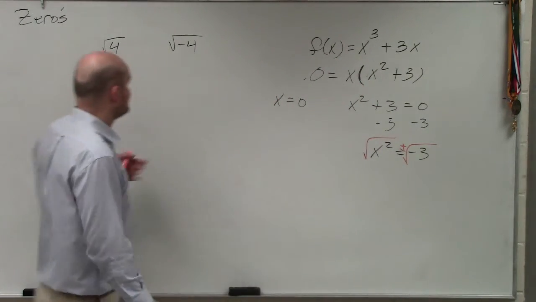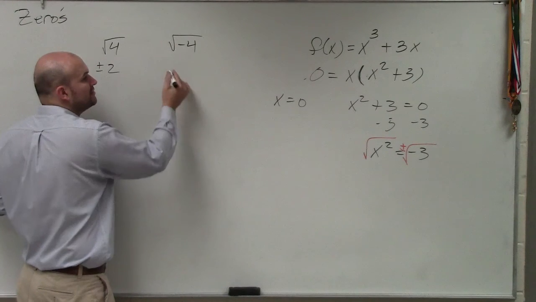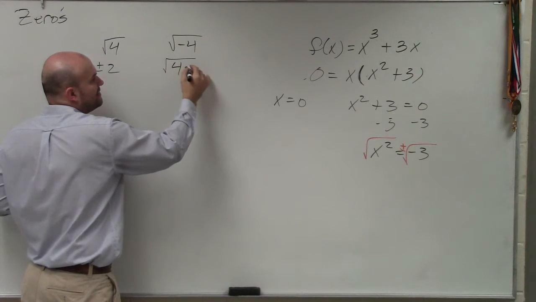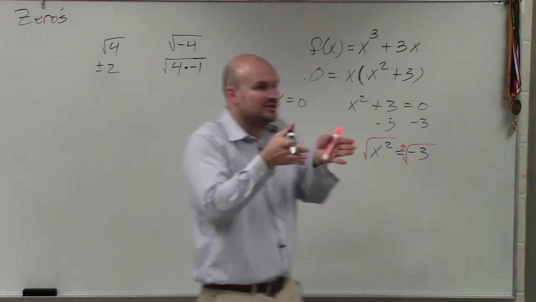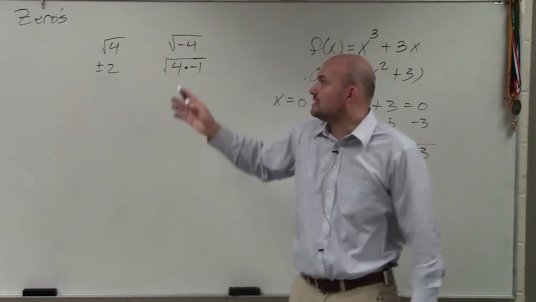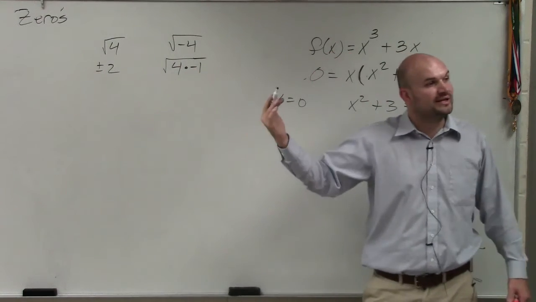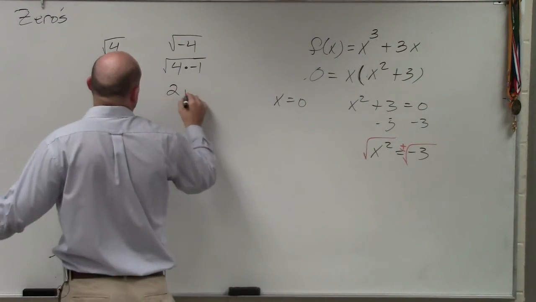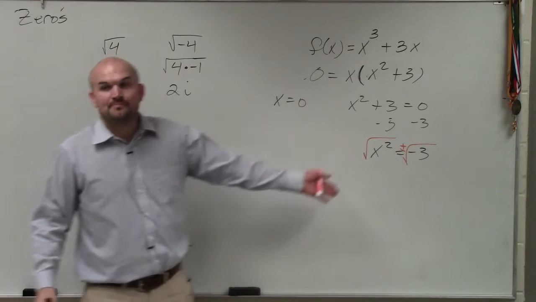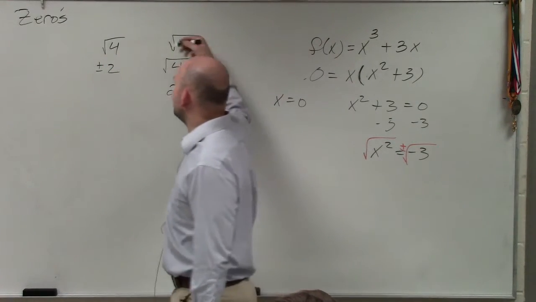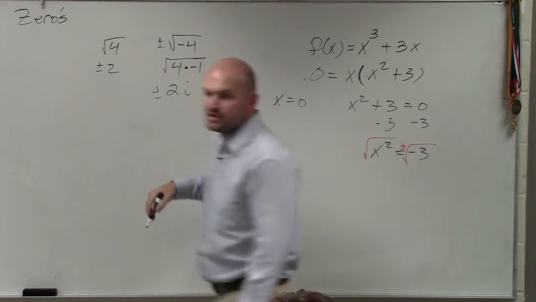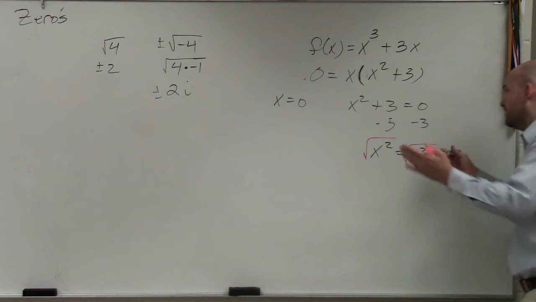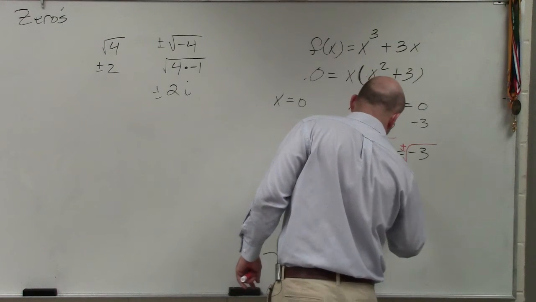So whenever you're taking the square root of a negative, we introduce our imaginary number system. We're going to break this up into the positive real and factor out the -1. In the imaginary unit system, our imaginary unit for taking the square root of -1 is i. Very good. So you guys do remember some things. So wouldn't it be plus or minus 2i? Yes, if I was doing that one, yes. So in this case, I could break it apart into -1, or you guys can just agree with me that x equals plus or minus